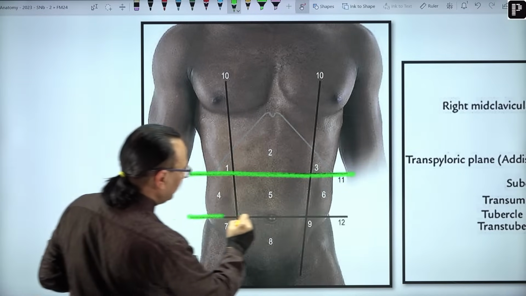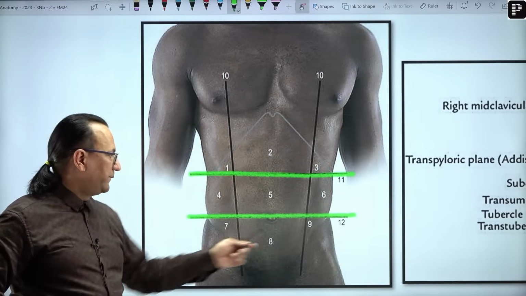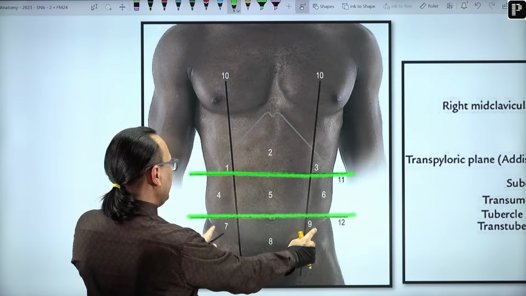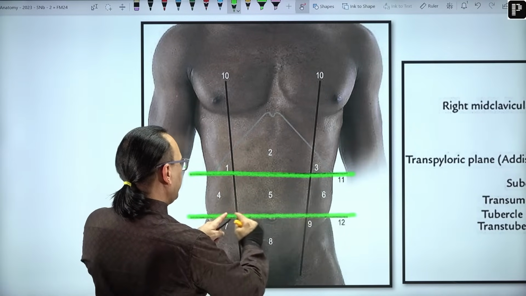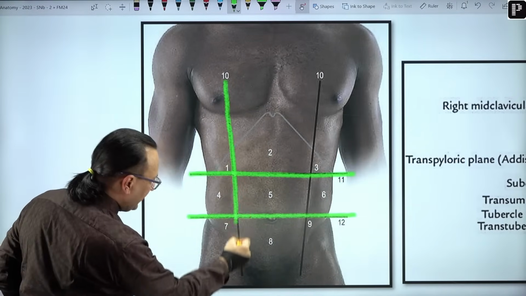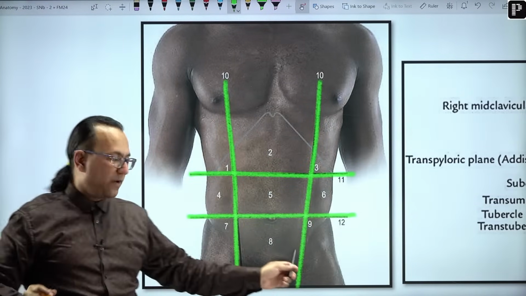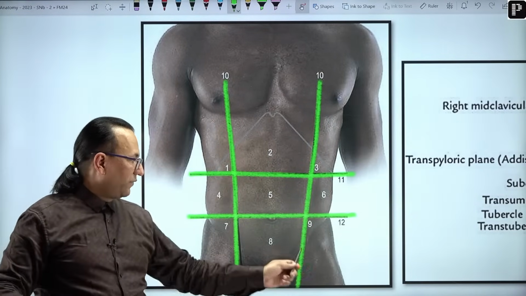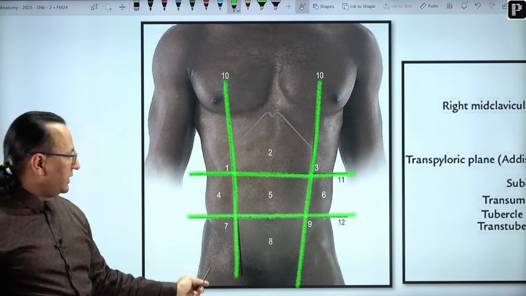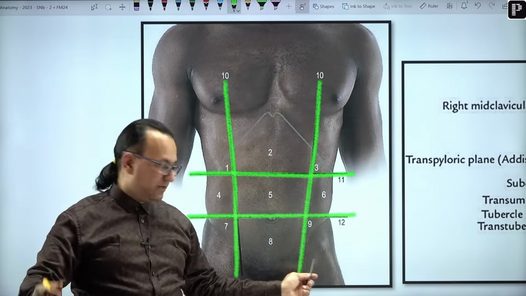And then there is a transtubercular plane. Now, transtubercular plane means it is on the hip bone. There is this anterior superior iliac spine. From anterior superior iliac spine, you go slightly posterior, there will be a tubercle, and through that tubercle there is a plane, transtubercular plane. And this is the mid-clavicular line on right side, mid-clavicular line on the left side, and it also passes through midpoint of inguinal ligament. So midpoint of inguinal ligament or midpoint of clavicle. So right mid-clavicular line, left mid-clavicular line, or middle of clavicle touching the midpoint of inguinal ligament here in this region,